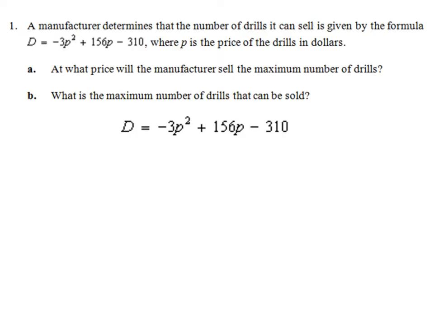Our first example says a manufacturer determines that the number of drills it can sell is given by the formula D equals negative 3p squared plus 156p minus 310, where p is the price of the drills in dollars. And then we have our two questions. With this style of question, we're essentially finding the vertex. So if I want to find the vertex,